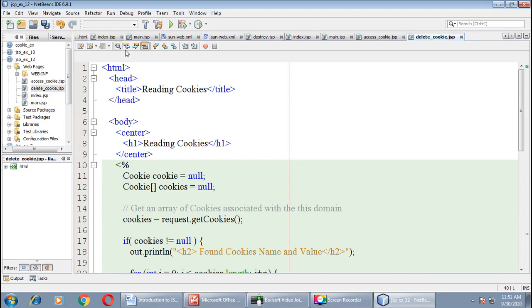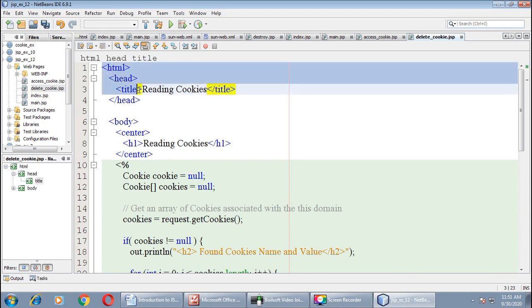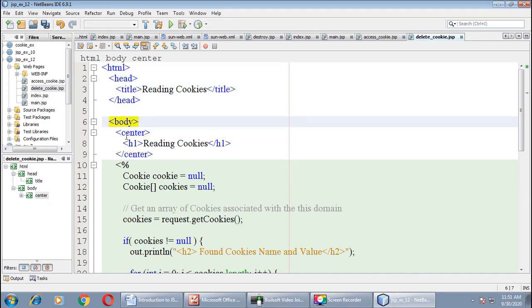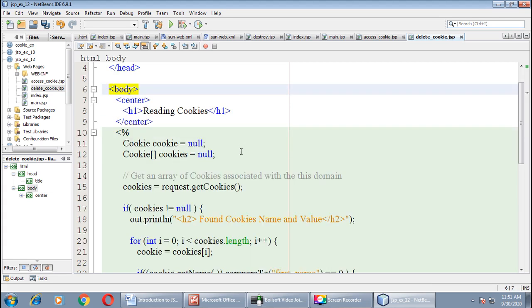Let us go through it line by line. As we know that a head tag is required, then body tag begin, then you can apply a header. Okay, the important code is which is covered in scriptlet tag.